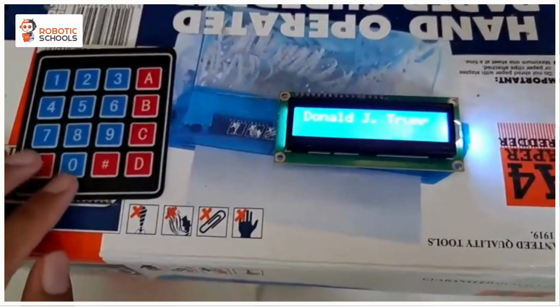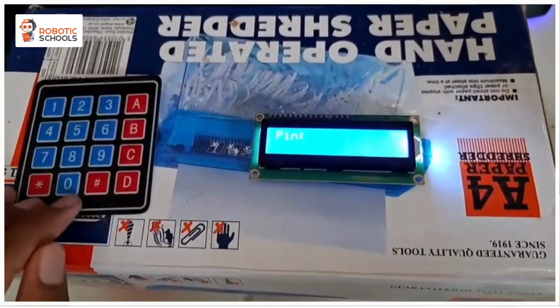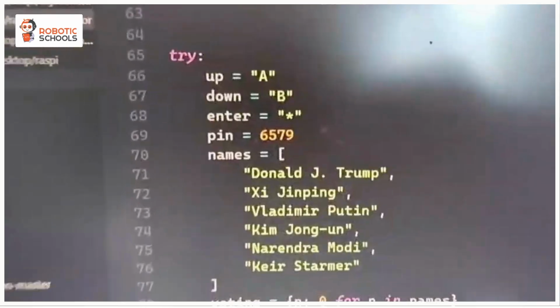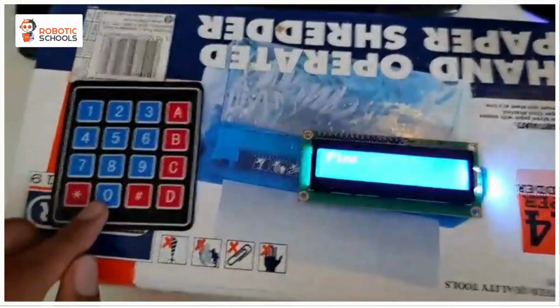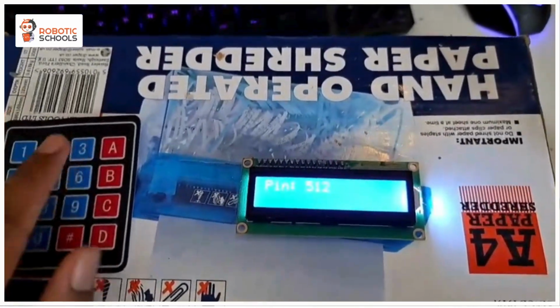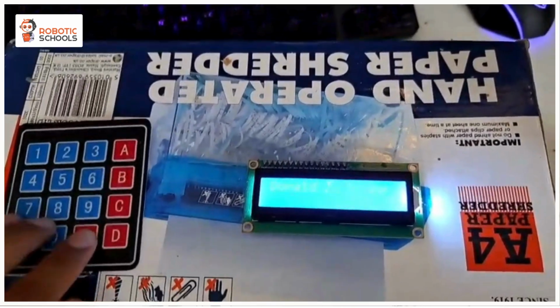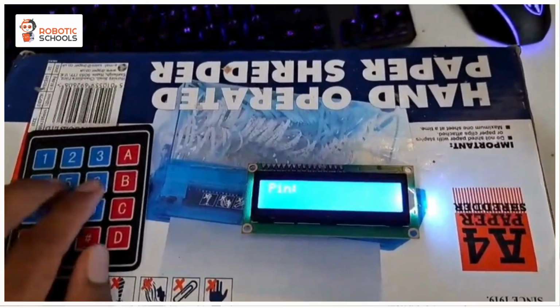Now, if I want the election to end, I click on the hashtag, and I have to enter the correct pin, which you can set on the code here. If I enter the wrong pin, it says incorrect. But when I enter the right pin,